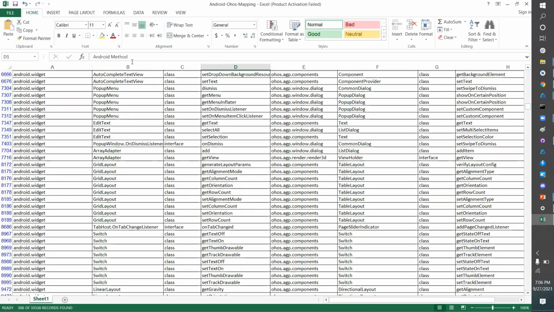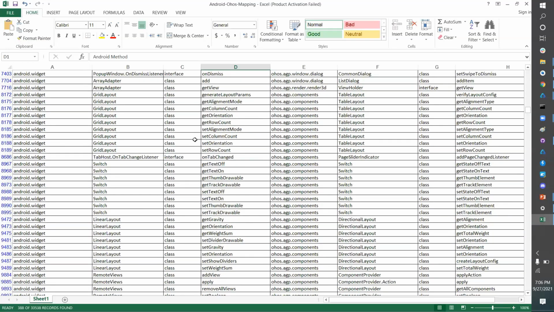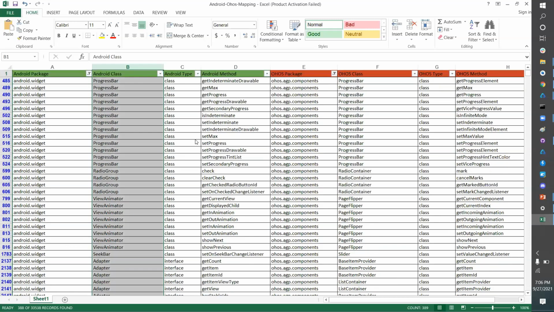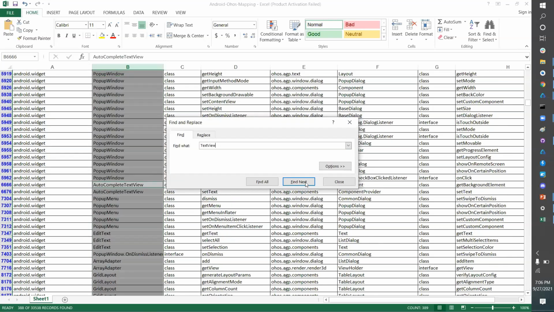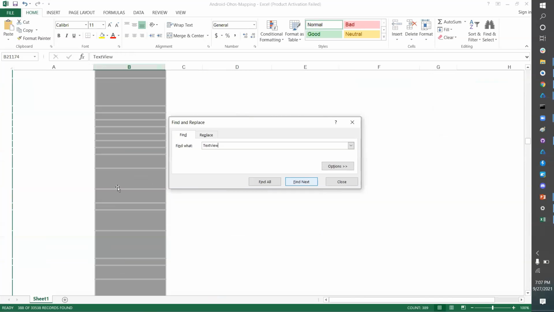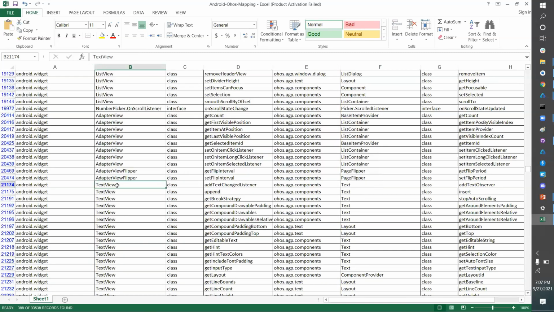Or, like what I usually do, I just select it and try to find text view, because that's what I want in this particular case. Okay, so this is autocomplete text view, but I need text view only. So this is the class for which I'm looking for an alternate. Package Android.widget with the text view class, and there's an available component. Okay, so we will be replacing it with this one.